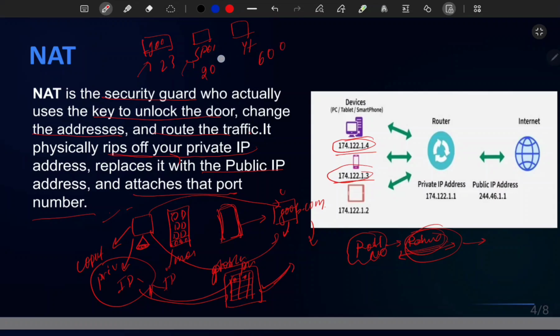After that, see, this is the IP address. After this they give it 23 201 600. So it will be easily identified that it is coming from YouTube. If the port number is 600, then it is coming from YouTube. If 200, it is coming from Spotify. If it is coming from 23, it means it is doing some Google. So in this way they are passing the details to the correct place, okay. So attaching the port number, that is the NAT.